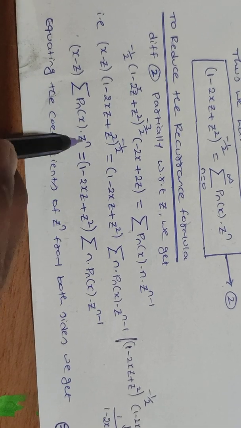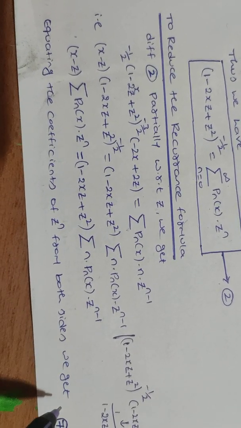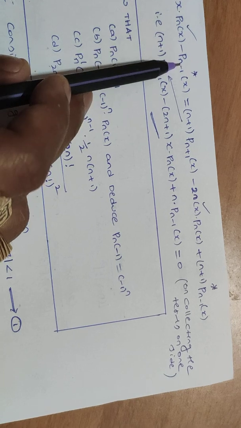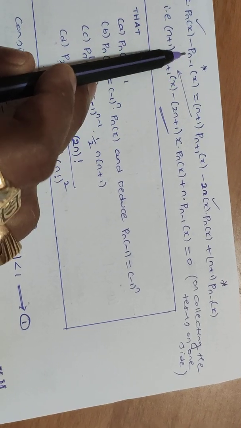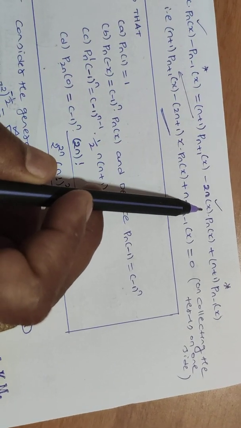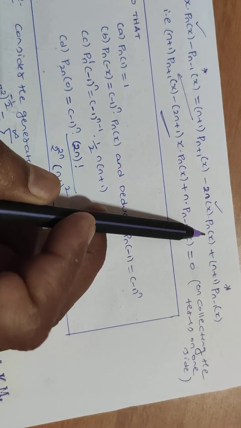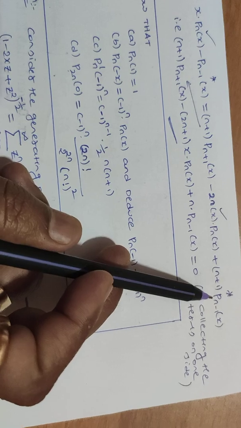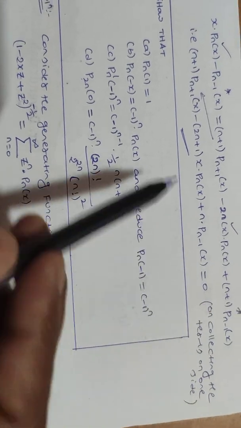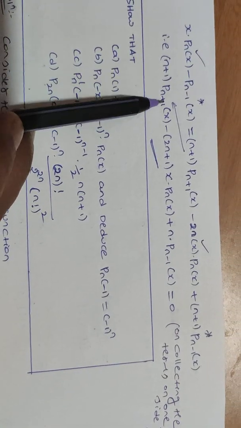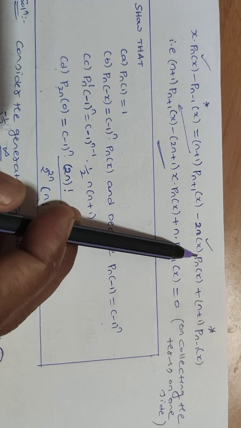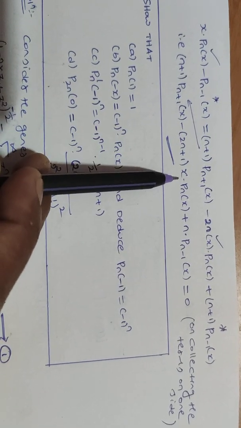Now equating the coefficients of z to the power n from both the sides, we get x into Pn(x) minus P(n − 1)(x), which is equal to (n + 1) into P(n + 1)(x) minus 2n into x into Pn(x) plus (n + 1) into P(n − 1)(x). Now on collecting the terms on one side, we observe the equation as (n + 1) into P(n + 1)(x). This is the term remaining. Now observe the terms of Pn(x). We observe the value as minus of (2n + 1) into x into